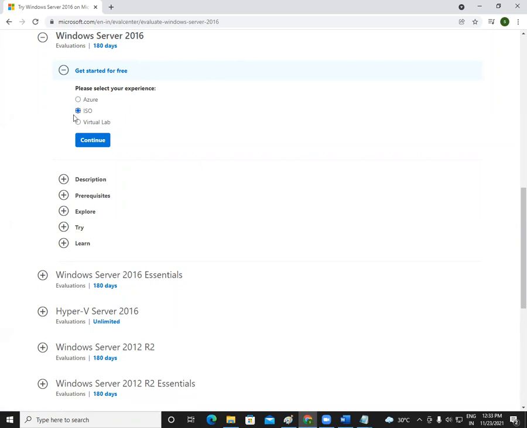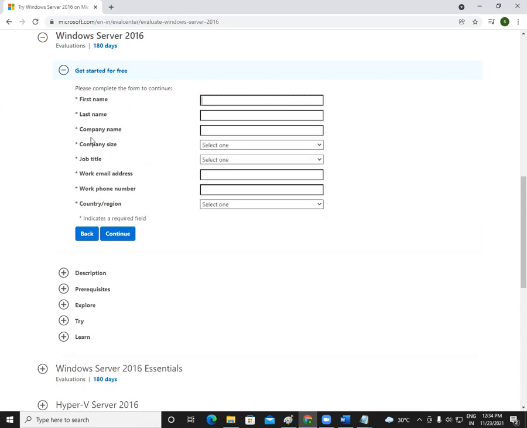So this ISO image we can use for how many days? 180 days. Then say continue here.